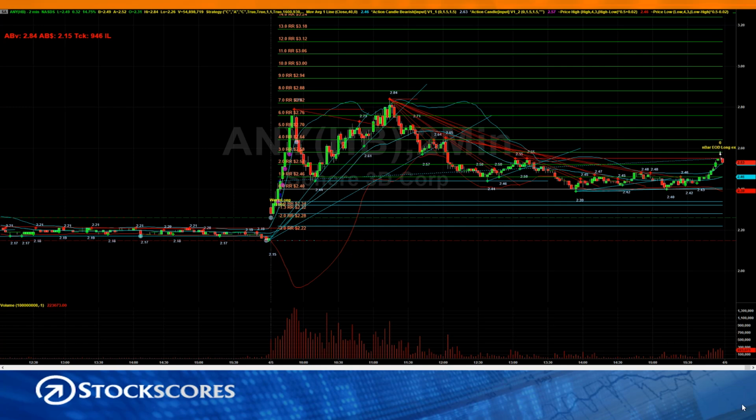So ANY was the stock that triggered this today. And it was on the 4th bar of the day. You can see right here. And notice that there's a little pink dot there. It's a little bit hidden, but right there, there's a little pink dot. There's some other pink dots. All of those are action candles. They're all 2-minute bars that made an abnormal price gain with abnormal volume. Now you can see the volume is much stronger today than yesterday, and the price action is much more abnormal